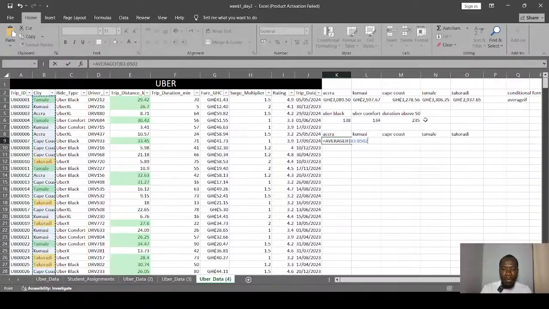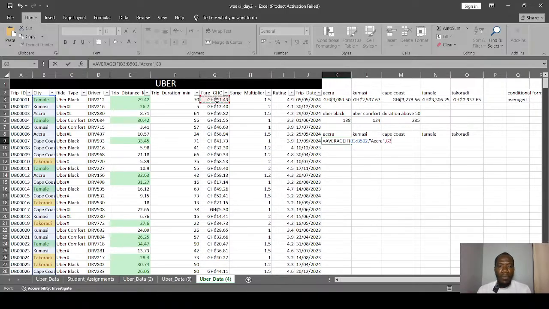We come up, we bring our comma, and then our criteria is anything that is Accra. Anything that is Accra is what you are going to average. Then we bring our comma, and then it's asking us, what do you want me to average for you? Which range? We want you to average the fare range.